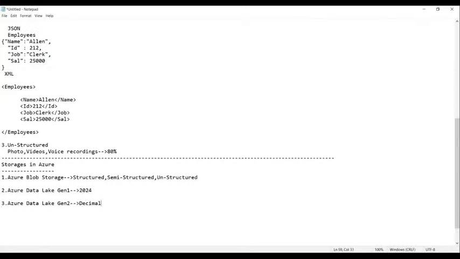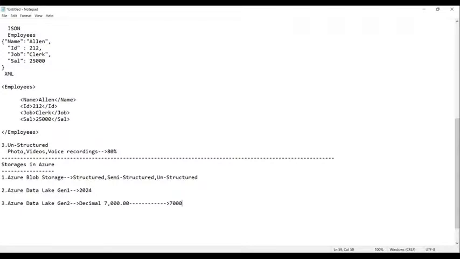I'm writing a word here. What is it? 7,000 dot double two. This is the data accepted in the source. That is, in the source file, it is like this. But in the target, I have to change the data like this. That means only decimal is not accepted here.